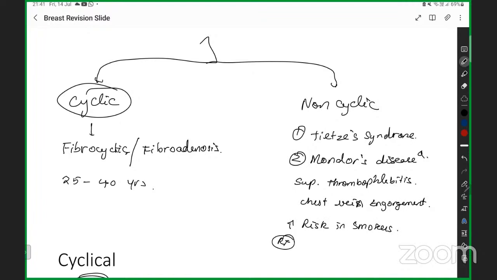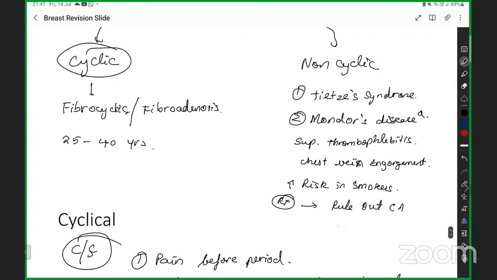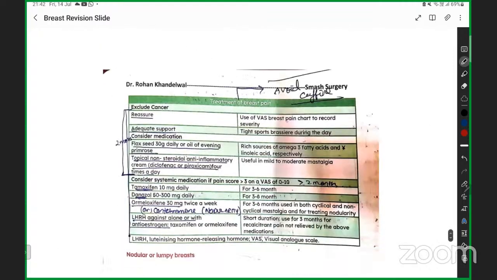And what is going to be the treatment of choice? Treatment of choice is to rule out cancers. You are going to control the pain. And then for thrombophlebitis, we will be giving topical heparinoid. That is called Thrombophob. In all your medical colleges, you will be having this Thrombophob in your surgery ward. It is the treatment of choice when there is engorgement of vein and thrombophlebitis. So topical heparinoid is the combination which is given.